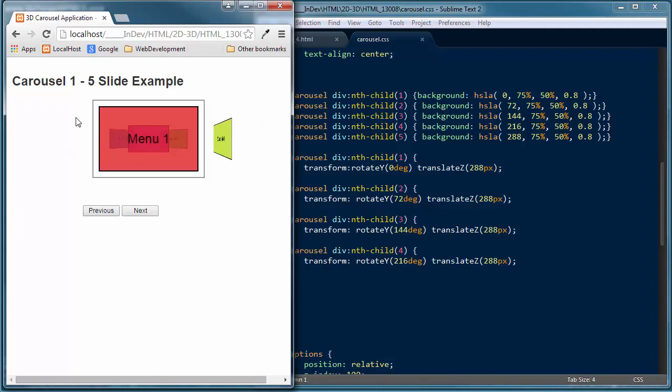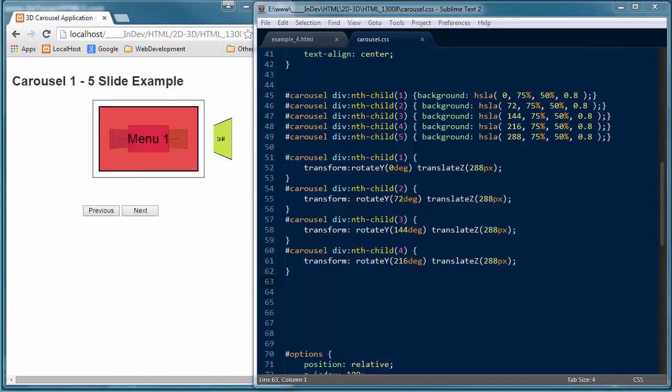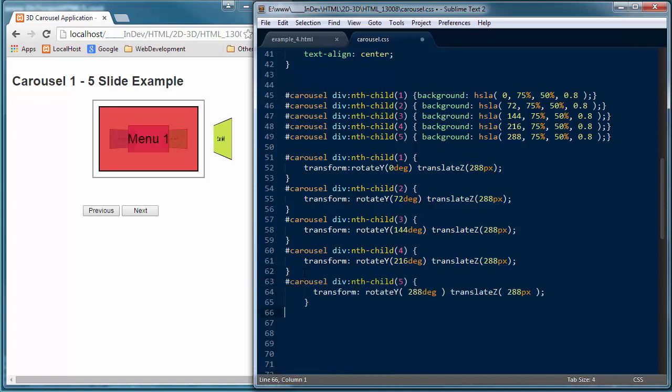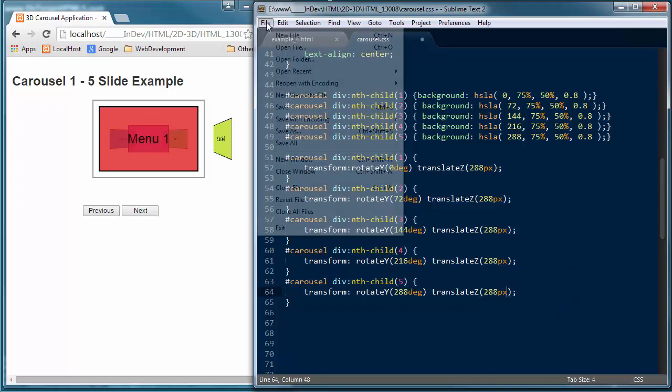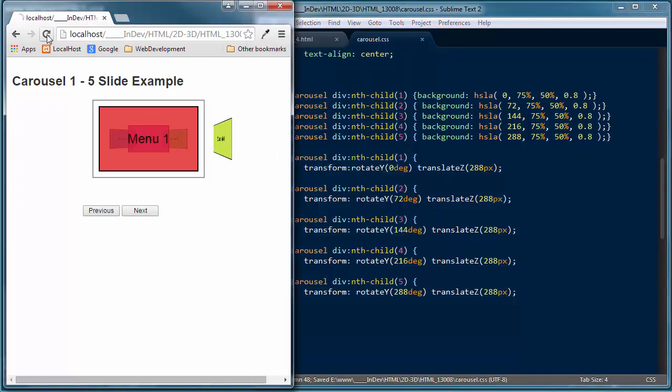And now the last one's going to be the one on this side as we do number 5. We're actually going to bring that one right along the side. And again, same thing, the fifth div child inside that carousel. This is 288 degrees. Again, I've taken that 216, I've added 72 degrees to it. And I'm taking my 288 pixels and pushing it from that translate Z, save the change, refresh my browser, and